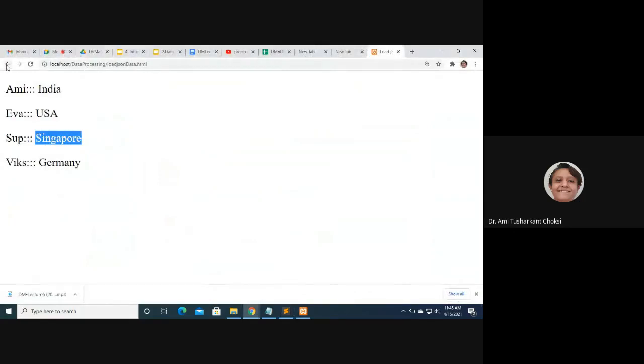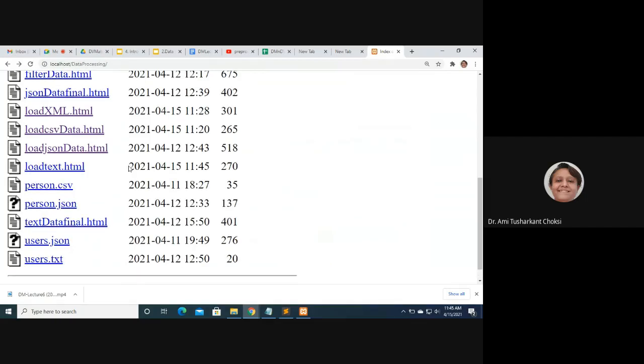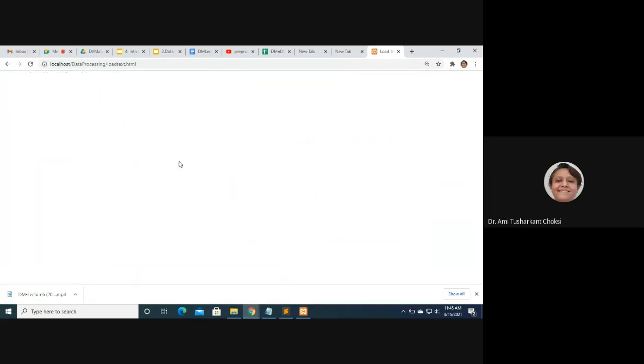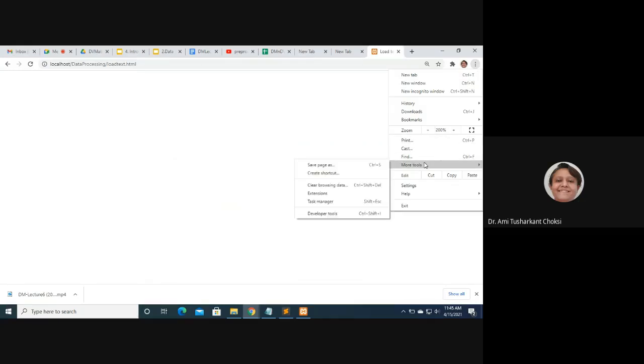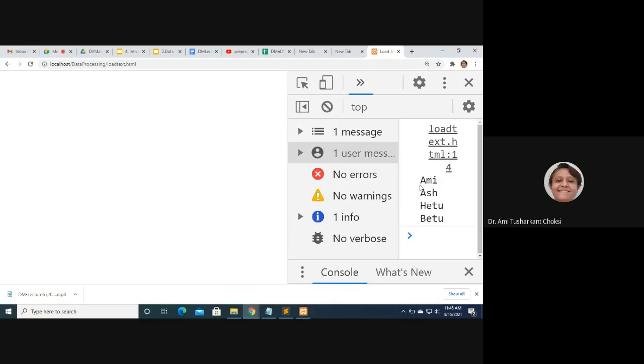Here, let us go back. Load txt file. For this, we have to refresh this. Yeah, here it is available. Load text HTML, and where we have printed that, that is on the console. So we should go to more tools, developer tools, and we'll be having the output, that is AMI, Ash, Hetu, and B2, right?